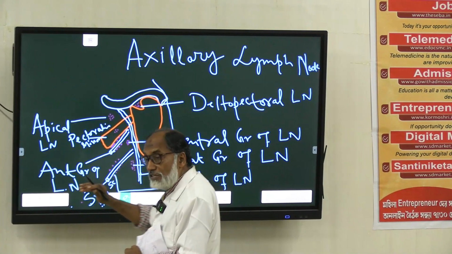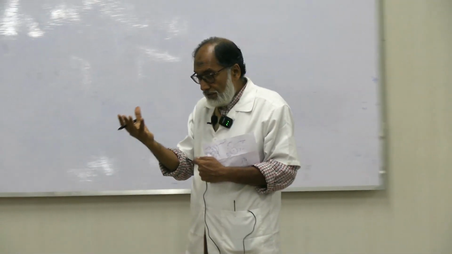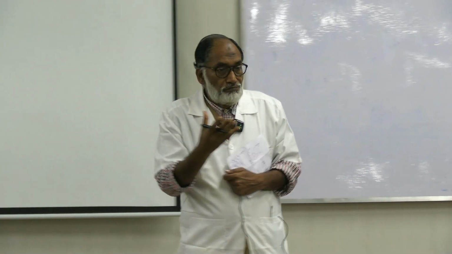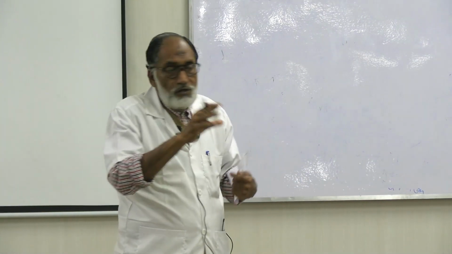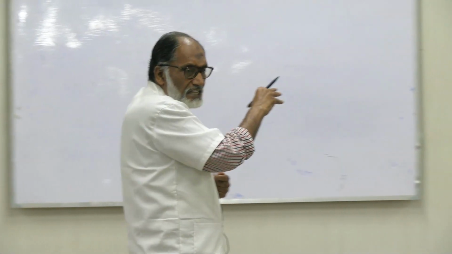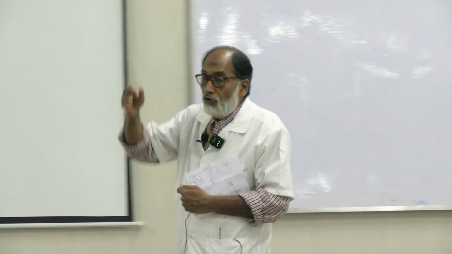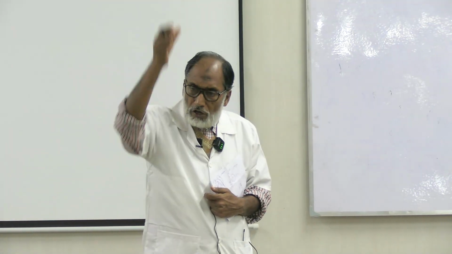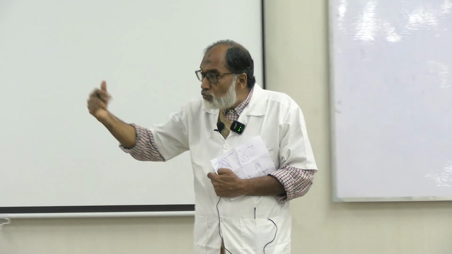This central group lies in the floor of the axilla. It is also along the axillary vein. And one important structure passes through this central group of lymph nodes, that is the